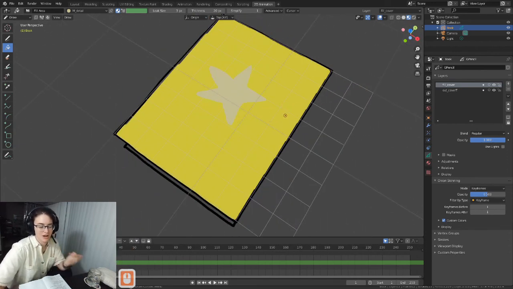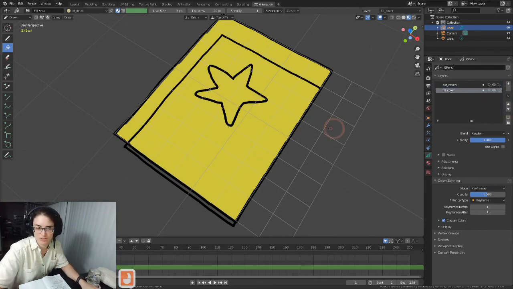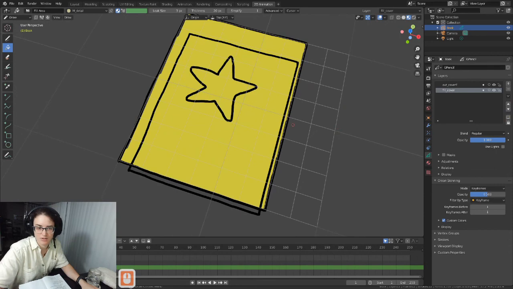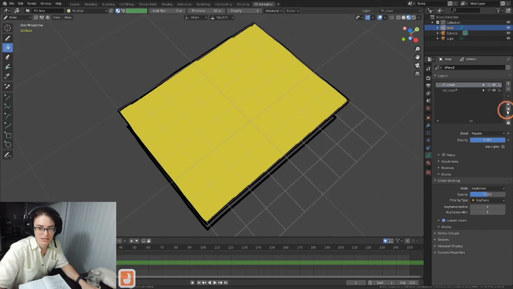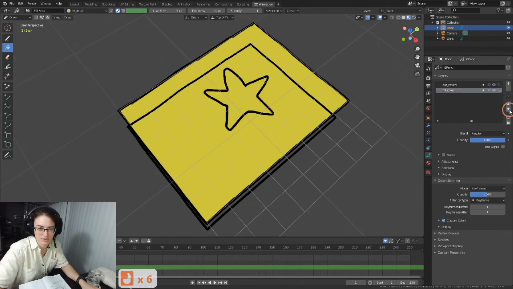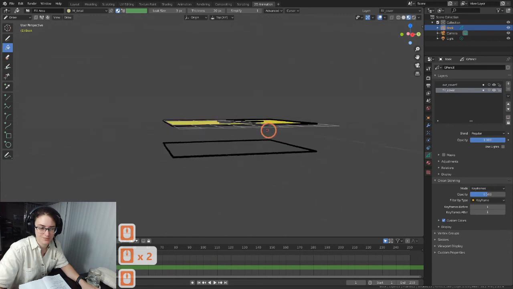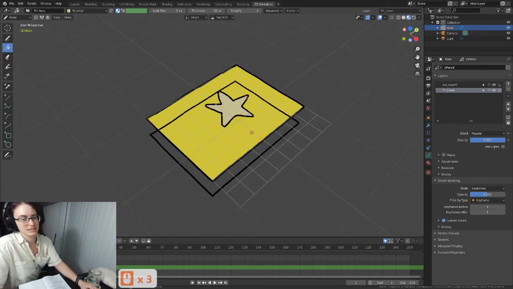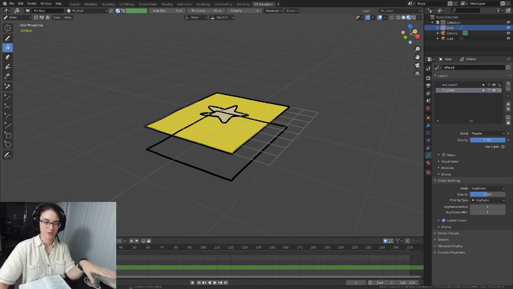And if you're like, I don't know where my star is, I can't see it, you can move the order of your layers by hitting these arrows up or down. So now I can go in, click my star, and easily see it. And also, now you can see the outline of our bottom. We're actually going to change how our